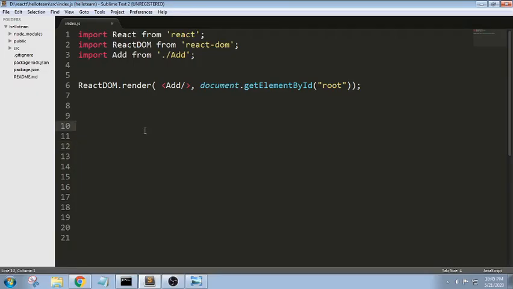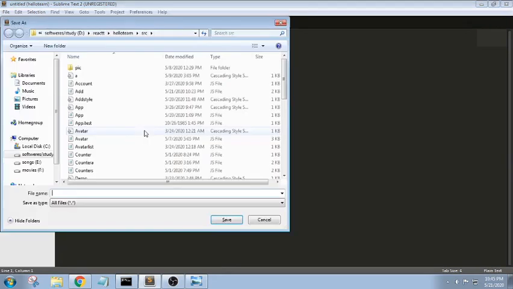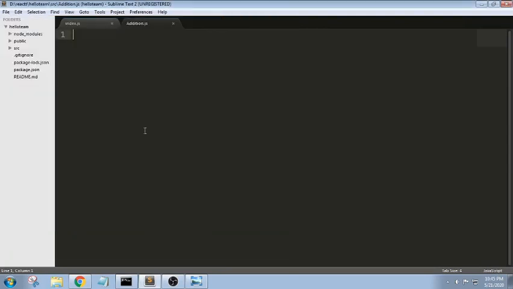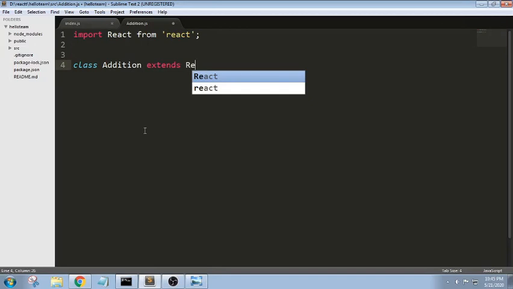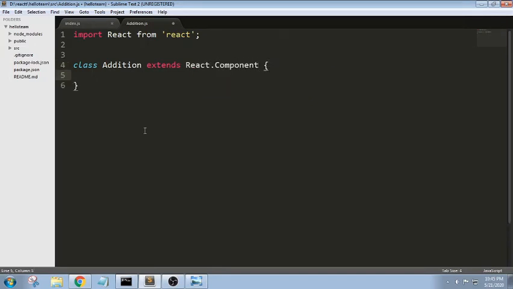For this, I am taking a new file, Control N, and naming the file addition. I am importing the React library here. In this I am taking a class component which extends the React component, which gets all the features of this base class.